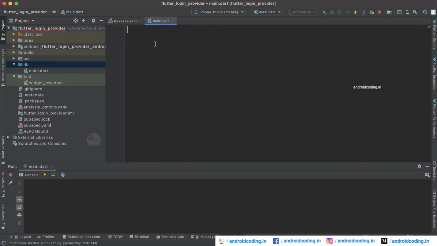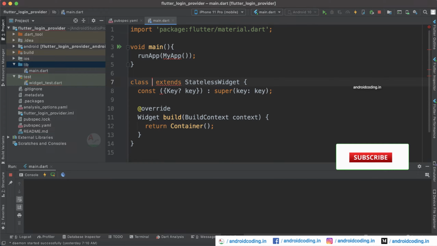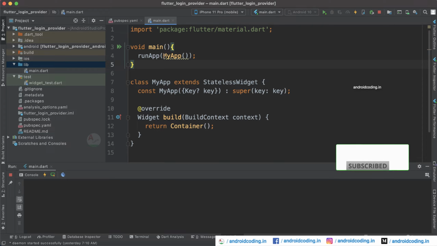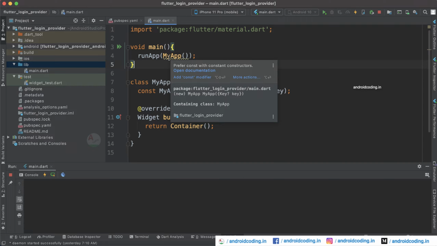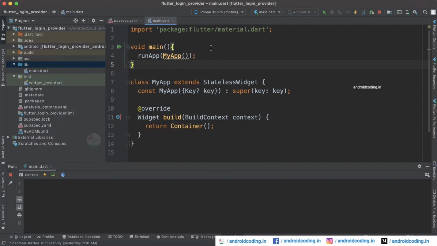Now let's create the basic structure of our application. For that, let us import the material.dart file and also specify the void main, which is a starting point for the program. Here I'm going to declare a class MyApp and consider a stateless widget MyApp. And within the runApp itself I want to implement our provider so that our provider lies at the top level of the tree and covers all the branches.